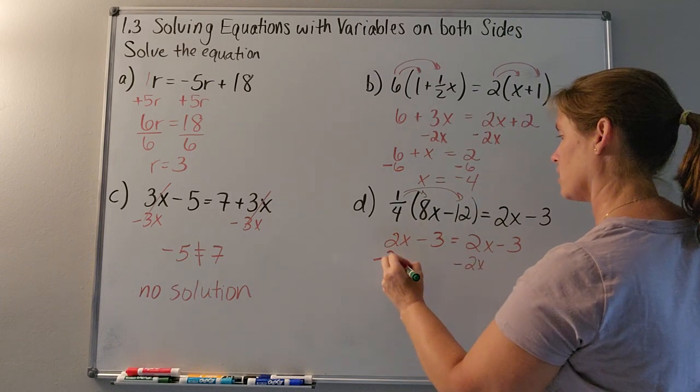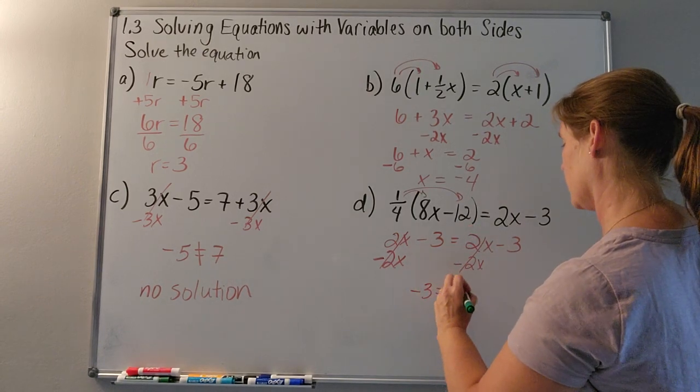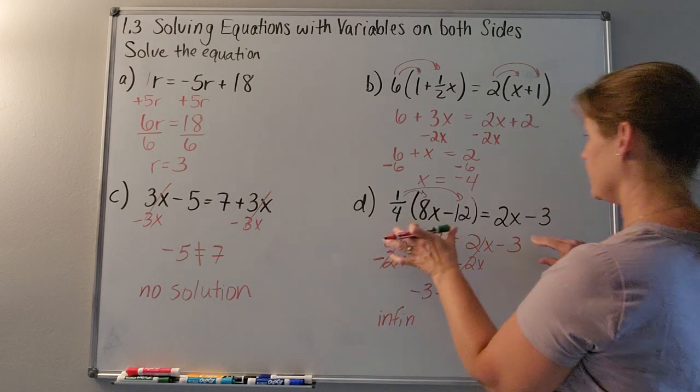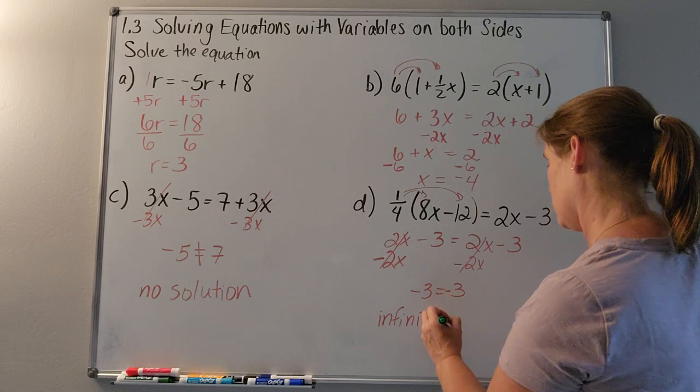2x, if I subtract 2x from both sides, they're gone. But I'm left with -3 equals -3. I now have infinitely many solutions because it's really the same expression. They are equivalent to each other. Infinitely many